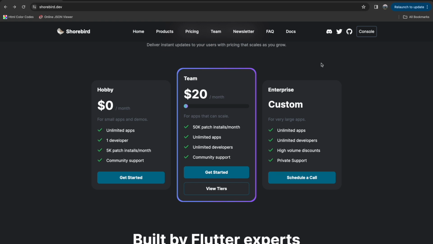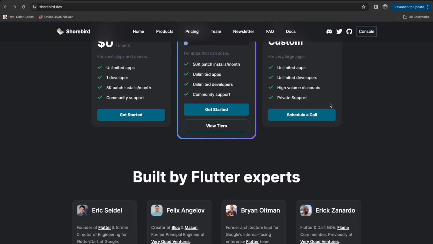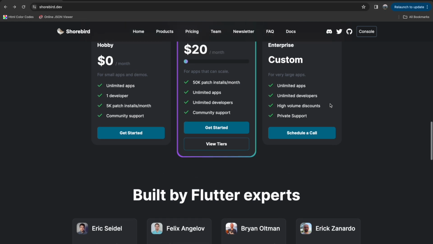So let's go back to shorebird.dev. We see that it was built by Flutter experts, Eric, Felix, Brian, and Eric. They did an amazing job. I would say this job was magnificent, because it's such low-level programming, and what was done is just amazing. And for this job, obviously, as a company, if you are a successful company already, it would be nice if you pay for it. So there is a free plan,